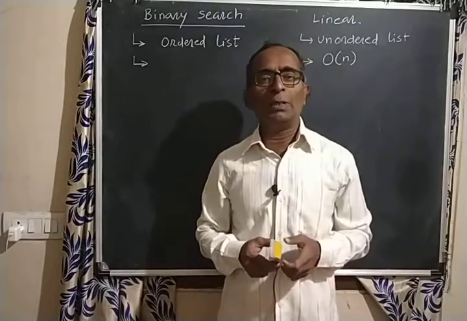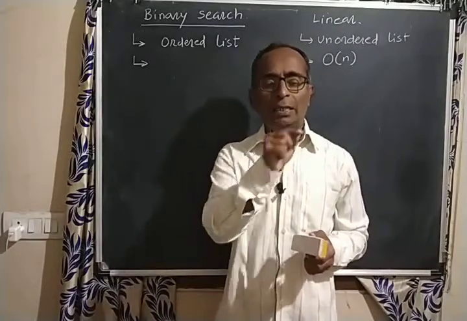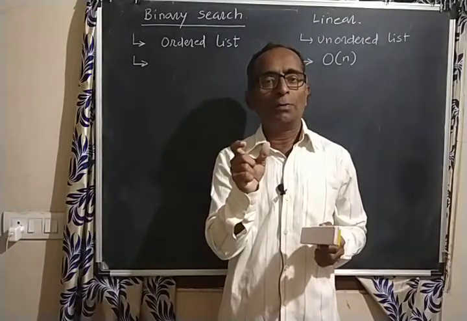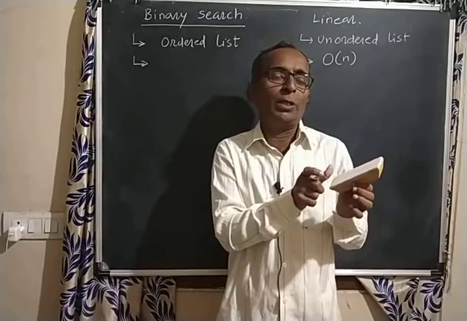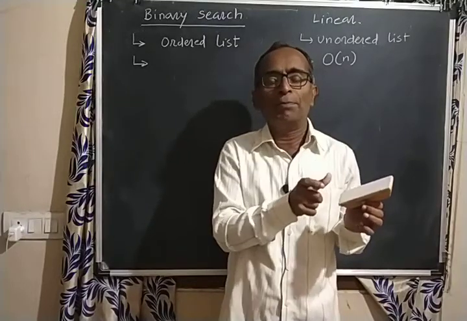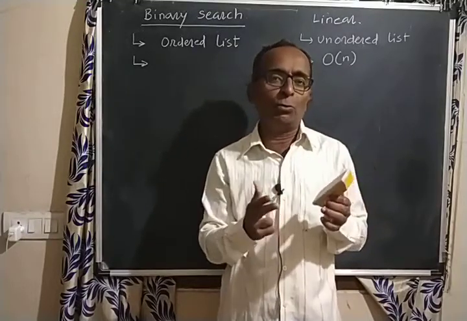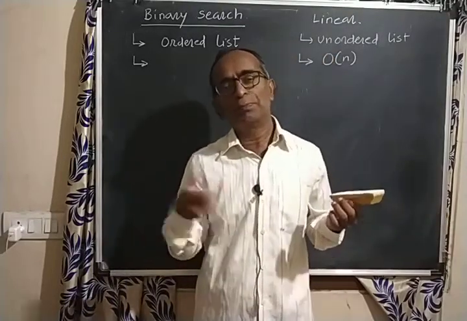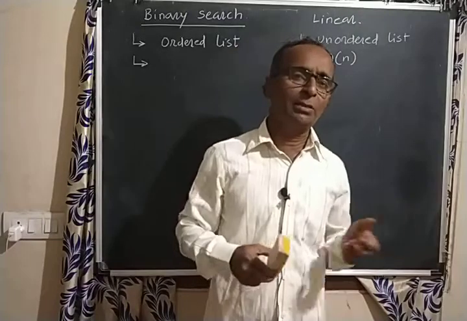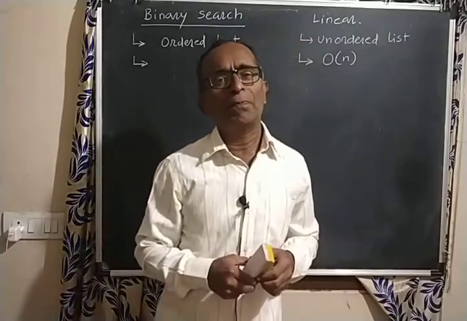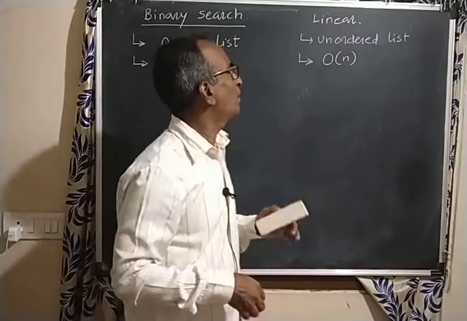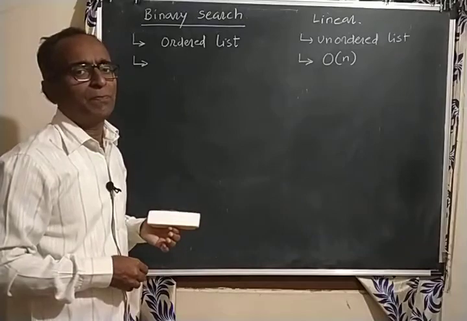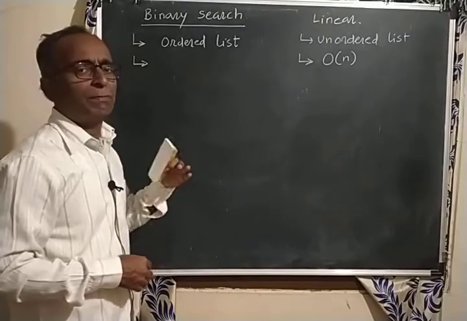We'll randomly open the dictionary and see the word on top. Suppose I am looking for yellow and the page is showing a word starting with M. So which side do you have to go, left hand side or right hand side of the dictionary? Definitely we'll turn some more pages to the right. In the same way, with binary search, when an ordered list is given, you can search faster.